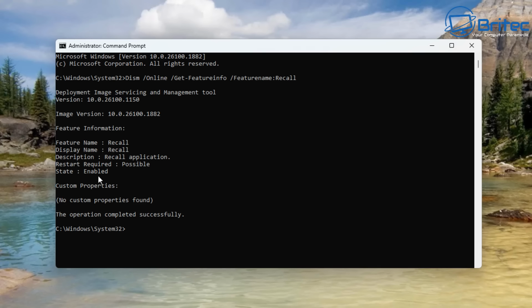Now, regardless of whether this is enabled or not, it is not functioning as Recall should, and it's not harvesting information as it is right here. This state where it's enabled right now is not already in full Recall mode, copying and taking snapshots of all your information. It's not doing that. But if you want to disable it, you can use another command to disable it,